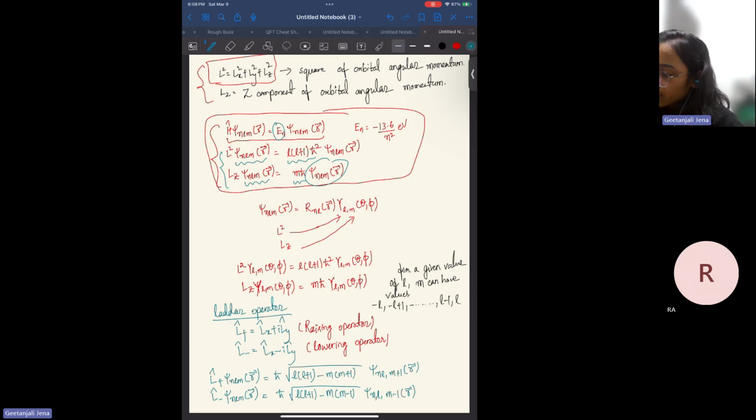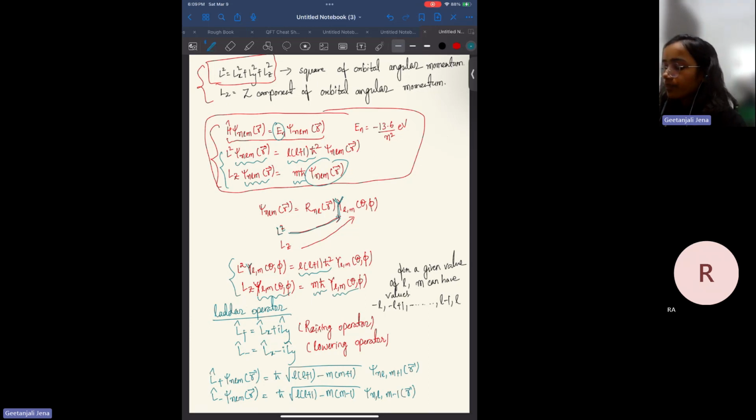So between this operator, L square and Lz, they primarily act on this spherical harmonics part. So you can directly write, instead of psi NLM(r), this equation where L square acts on the spherical harmonics Y_LM(theta, phi) and gives the same eigenvalue L into L plus 1 h-cut square, and Lz when it acts on this eigenstate, it will give m h-cut